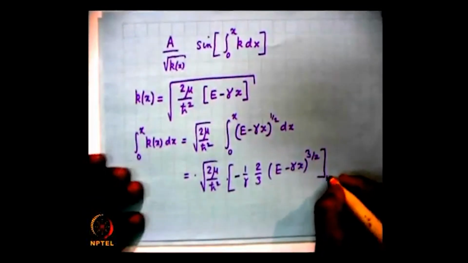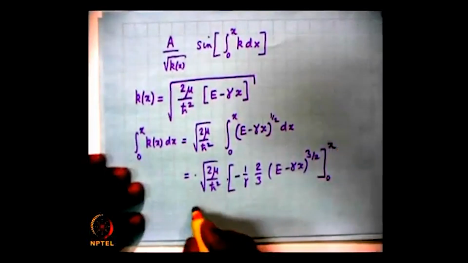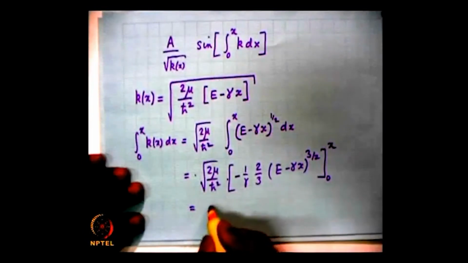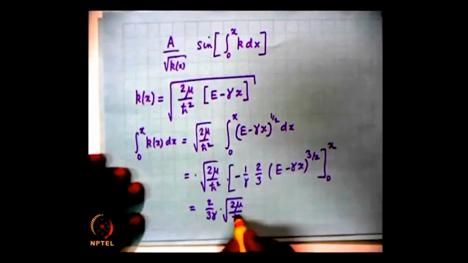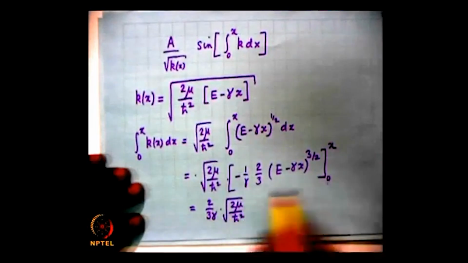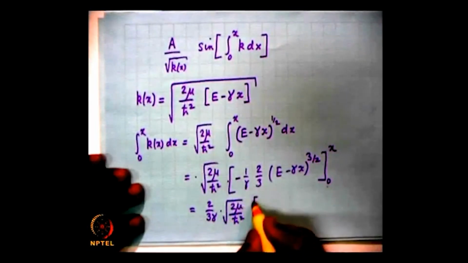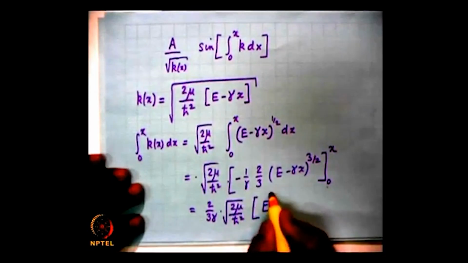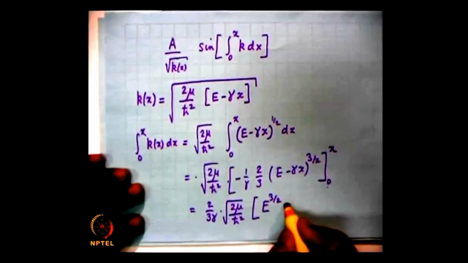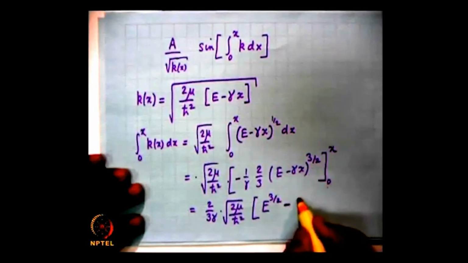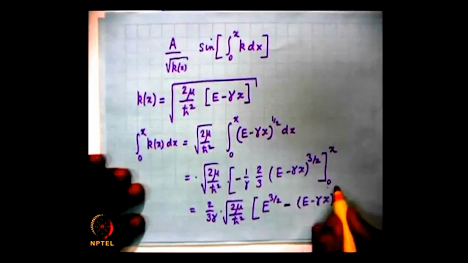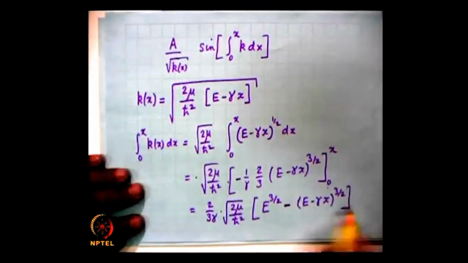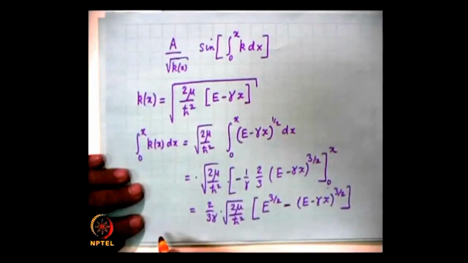These limits are from 0 to x, and you will write down 2 by 3 gamma outside, under root of 2 mu by h cross square, and let me take the lower limit because there is a minus sign here. So, E to the power of 3 by 2 minus E minus gamma x raised to the power of 3 by 2, divided by